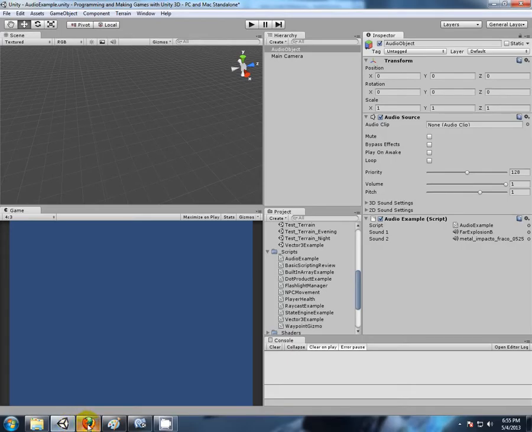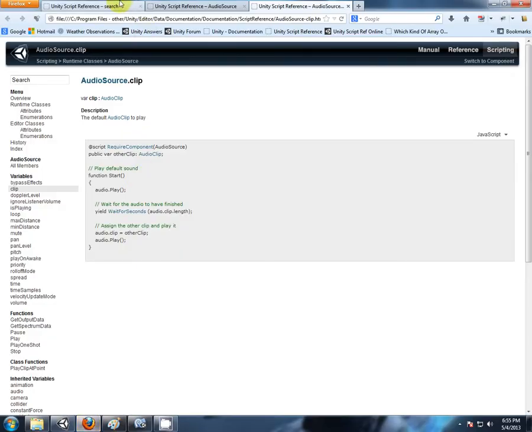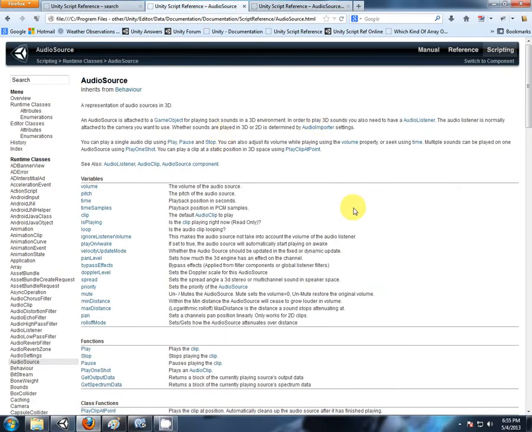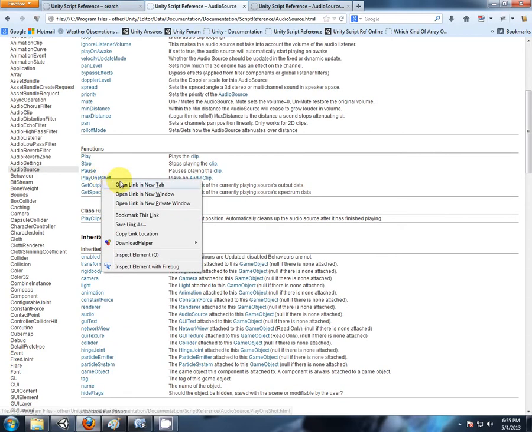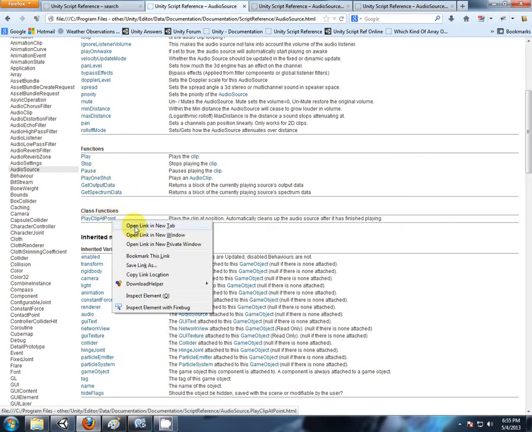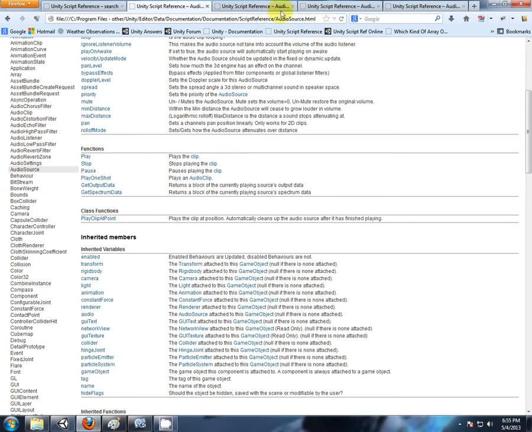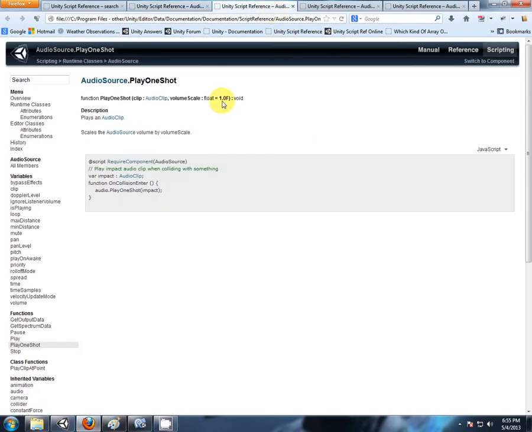Now let's look at a couple of other ways that audio can be played. Come down here, we have PlayOneShot and we have PlayClipAtPoint. Now I'll start with PlayOneShot. You might have to go back to the documentation or the reference manual for more information on this. But what this does, PlayOneShot,